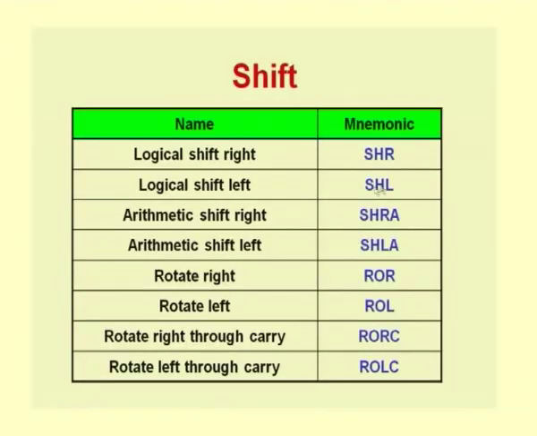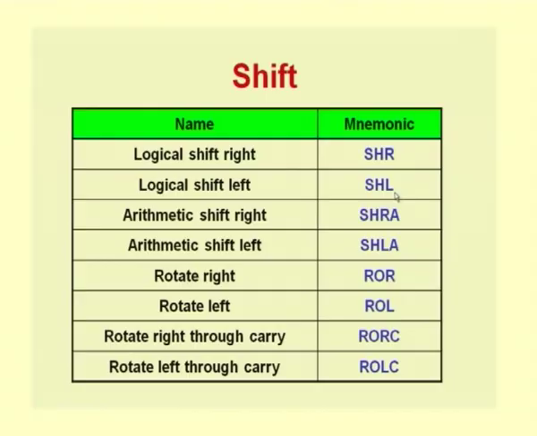When we talk of a logical shift right, suppose I have a 4 bit number, let us say a value like 1011. When I do a shift right, this 1011 will get shifted right. The bit on the extreme end will go out, and you will have 0101 as the value in the register. So, you are just shifting it right and filling in the left with zeros. Similarly, when you do shift left, you would be shifting the whole thing left and filling zeros into the rightmost position. So, shift right and shift left are operations we are normally familiar with.